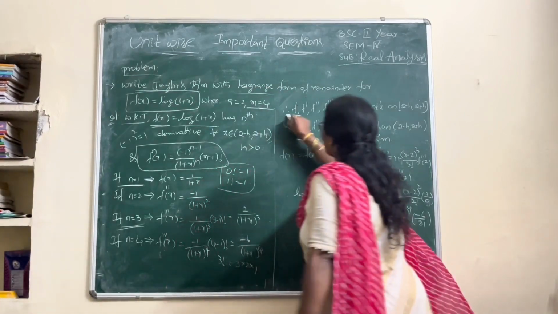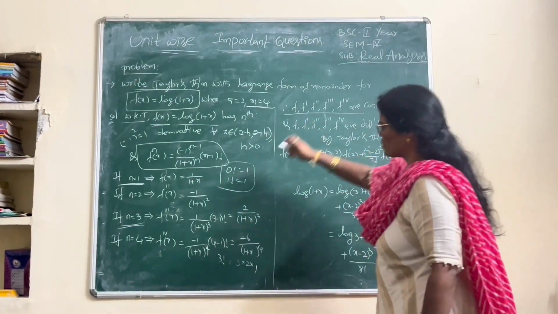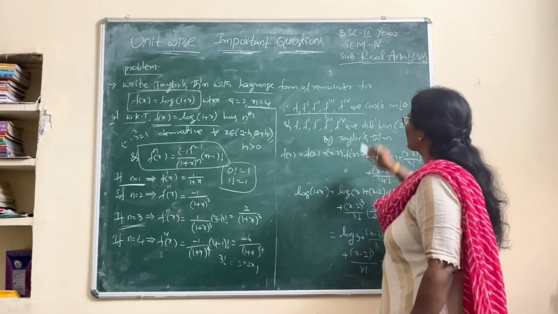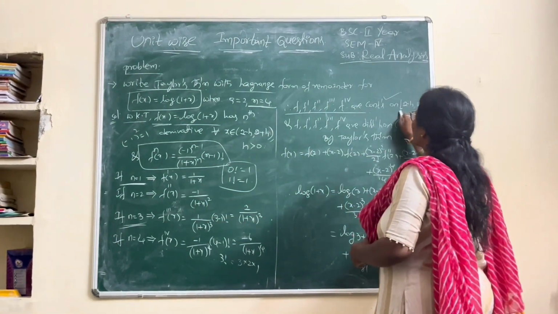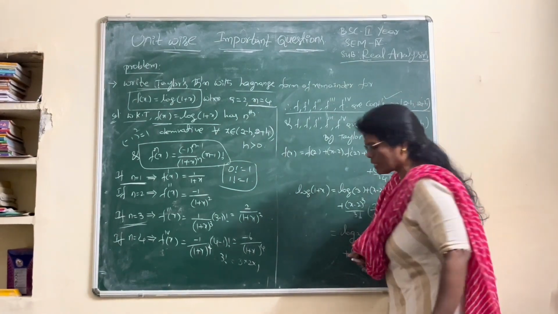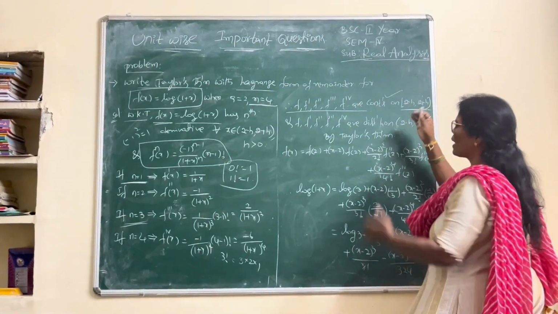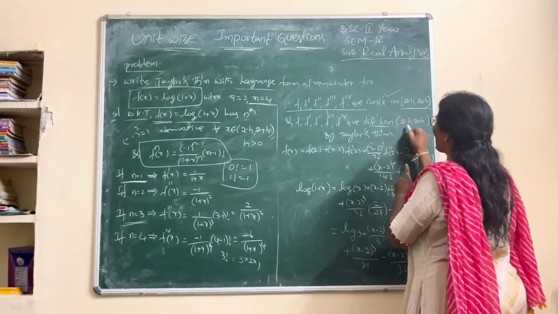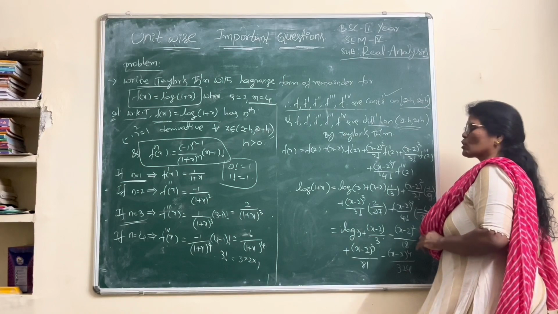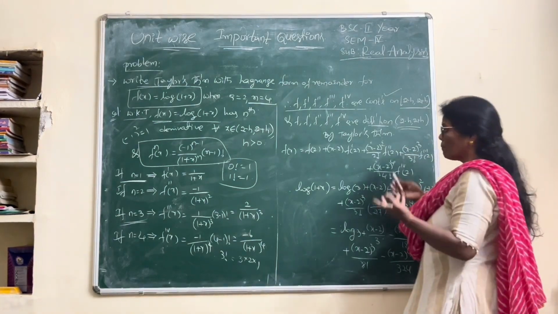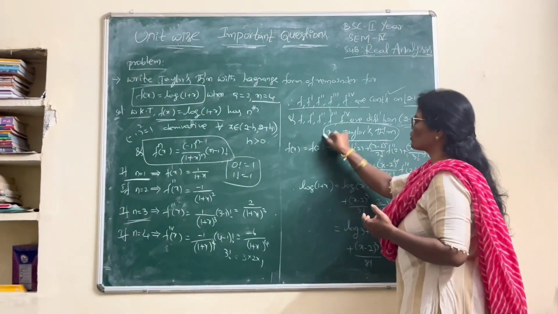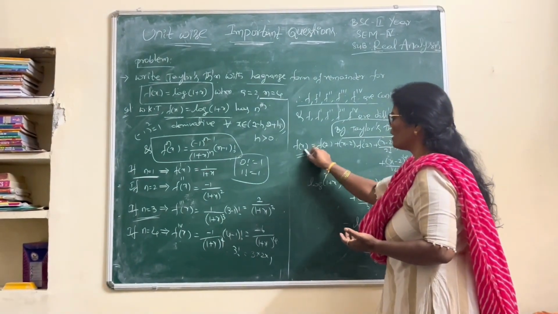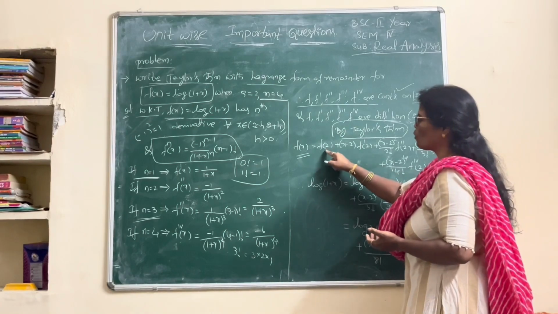Okay. Now here we find all the derivatives, f dash, f double dash, f triple dash, f power 4 dash. So these all are continuous on this closed interval 2 minus h comma 2 plus h, as well as all the successive derivatives are differentiable on the open interval 2 minus h comma 2 plus h. By using Taylor's expansion or Taylor's theorem,